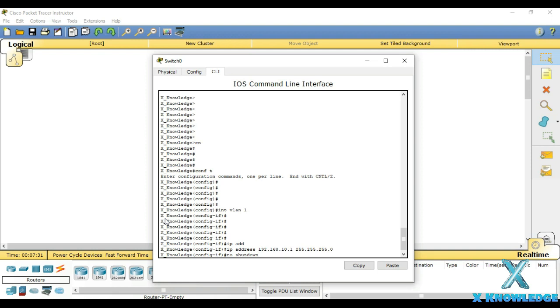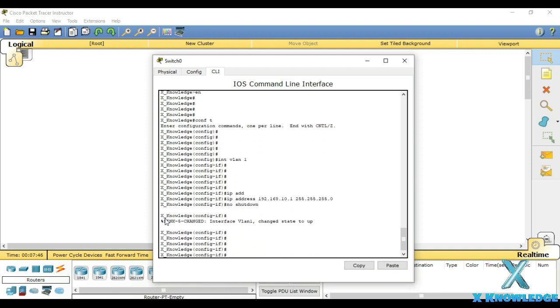Basically it's a negating command. That's the reason I put that topic on the slide, that I will be discussing the negating command. So no shutdown means you are turning on something. It will change the interface VLAN state to up. The reason it changed to up is this no shutdown.